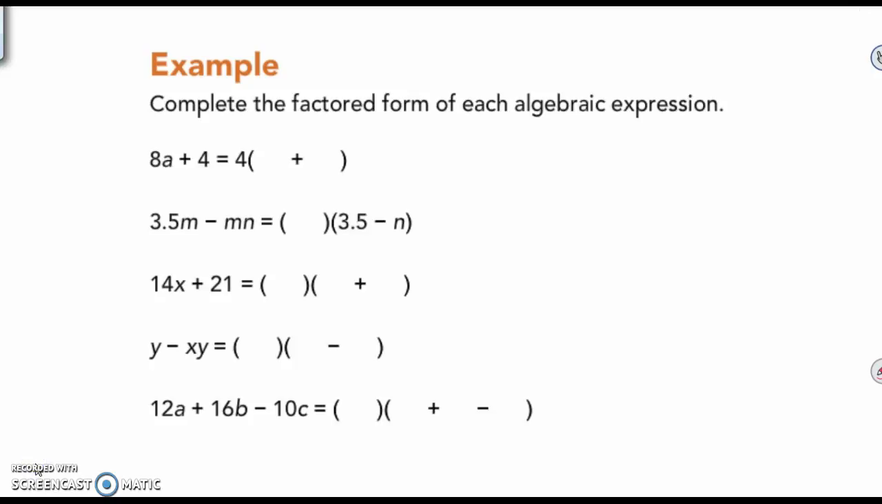Here we are going to complete the factored form of each algebraic expression. With the first example, they have given us the greatest common factor of 4. So we have to think to ourselves, what do we multiply 4 by to get 8a? The answer would be 2a. 4 times 2a equals 8a. Next, we have to think, what do we multiply 4 by to get 4? 4 times 1 is 4. So the factored form is